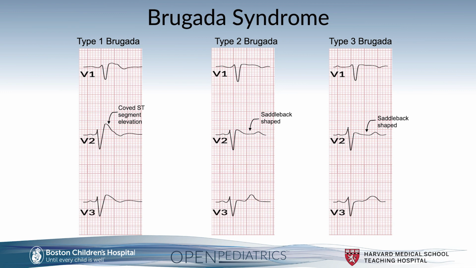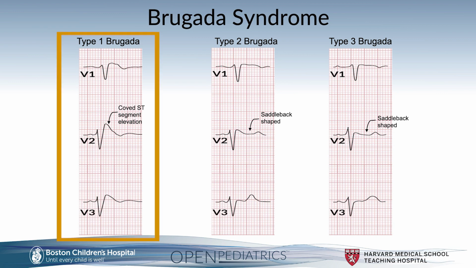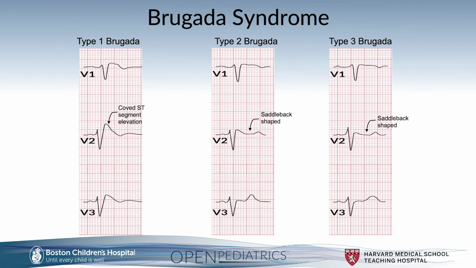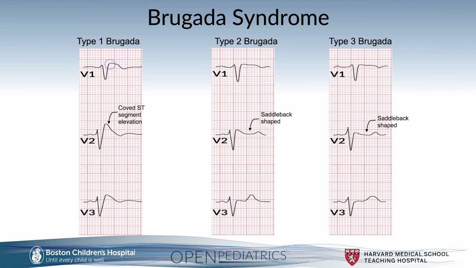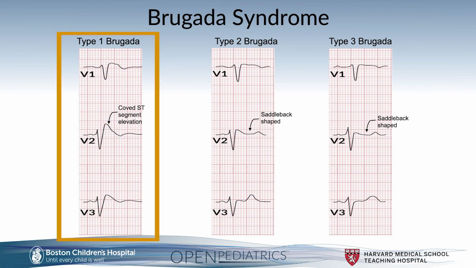I've shown you here examples of the three different types of Brugada that are classically present: type 1, type 2, and type 3. And what you'll note that characteristically defines these three different types are shown here. As you can see, the right bundle branch pattern is seen in all three types, with the presence of an rSR' wave in the QRS complex. And then more characteristically, in type 1, what you'll see is this coved ST segment elevation that is greater than 2 millimeters above the baseline, which continues into T-wave inversion in V1 through V3 leads. So this is a very characteristic classic finding with Brugada in type 1.